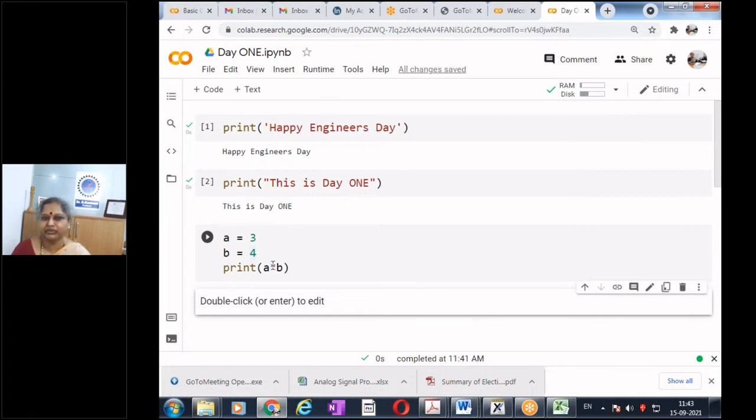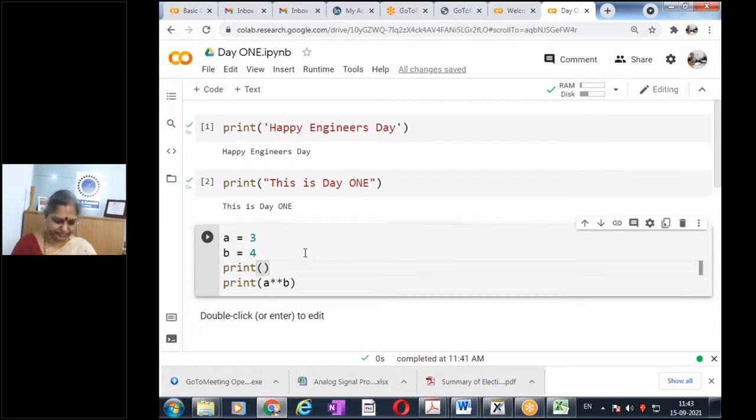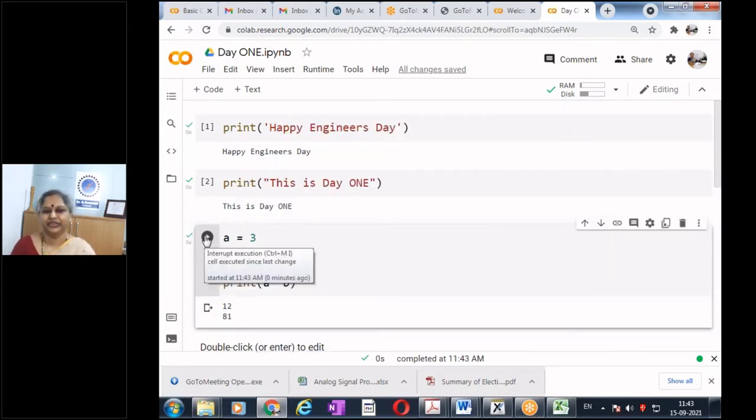Yes. So we are getting the product of two numbers. Just type a double star, and tell me what's happening now. Run the code with A double star B, and tell what result we get. What's the difference between A single star and A double star? In one case we got 12 and in one case we got 81. Can anyone explain the second result?